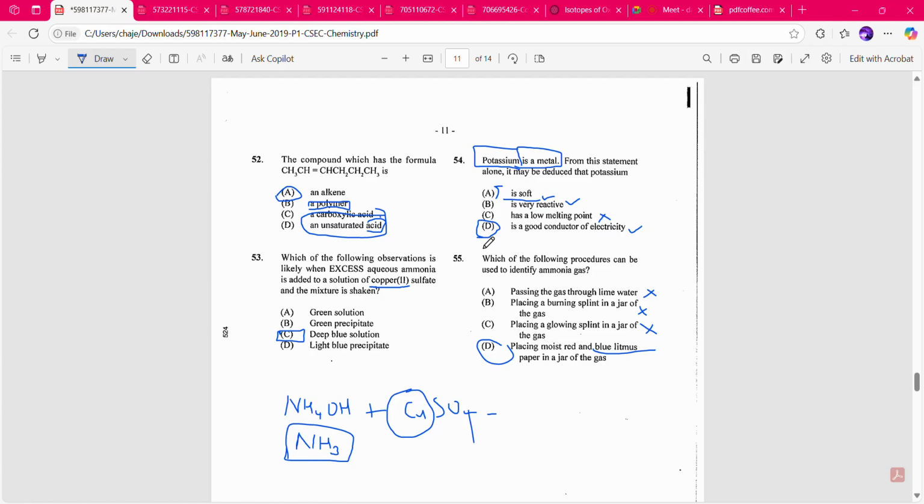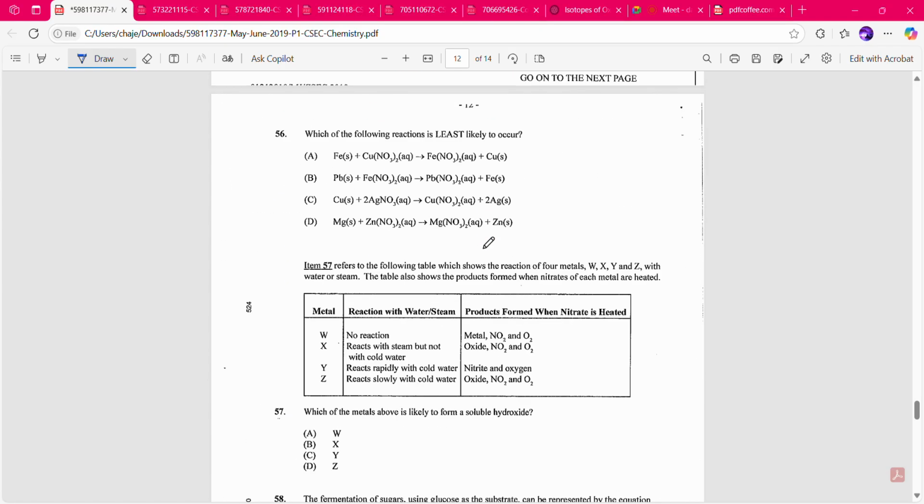That's why I have it as check here. So like sodium, potassium, magnesium, calcium, those are all soft. You can think about the white calcium powder in the lab. That is very soft. So they are very soft. However, when you put them to react with water or acids, they are very reactive. So yes. Moving on. 56.